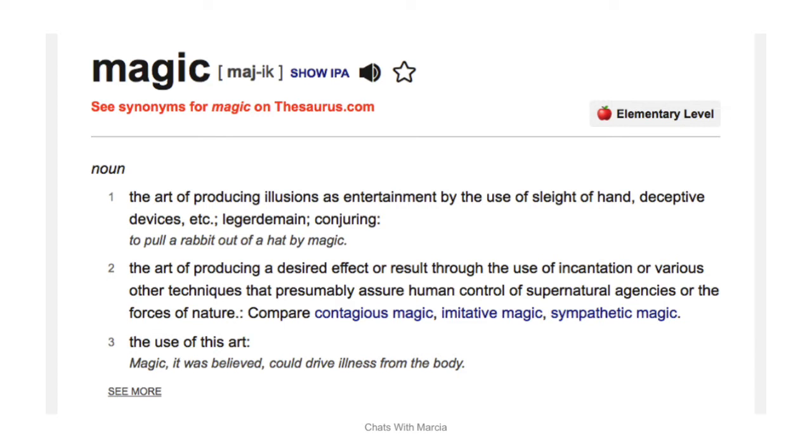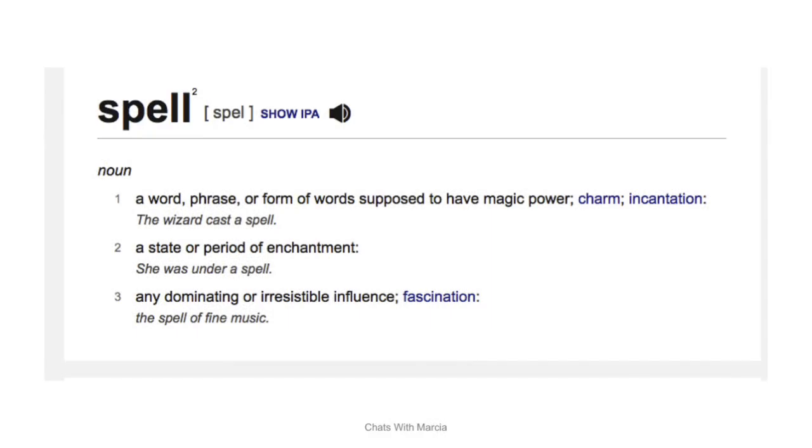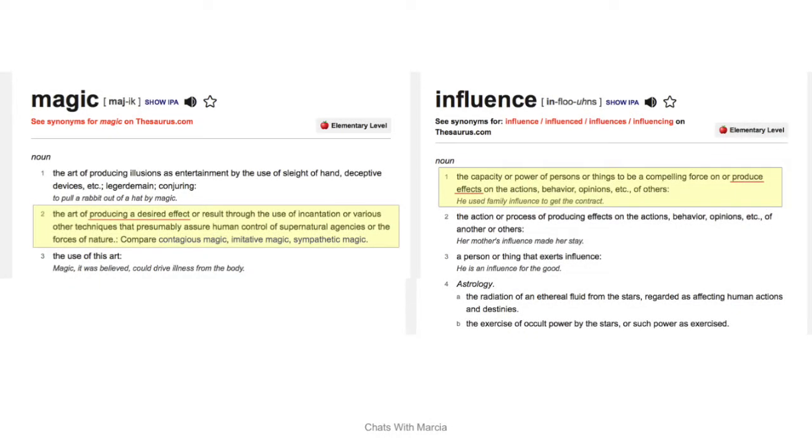But let's get back to the topic at hand. The purpose of magic is to produce a desired effect through the use of incantation. And incantation is another word for spell. The purpose of a spell is to have influence over a person in order to produce a desired effect. Things that influence you impact your actions, behaviors, and opinions. And of course, we have both positive and negative influences in our lives, but in the case of sorcery, the influence will be negative. Babylon, personified as a woman, sits upon the beast, and the beast is controlled by the dragon or Satan. So the actions, behaviors, and opinions of those that are under the spell of Babylon